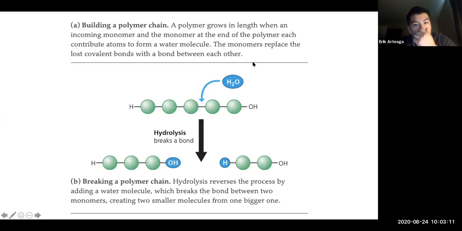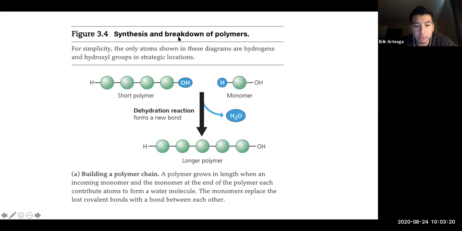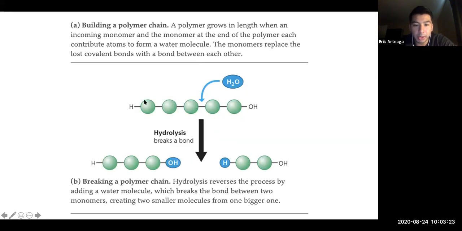All right, so building a polymer chain, a polymer grows in length when an incoming monomer and the monomer end of the polymer each contribute. Oh, sorry, that was from the previous one. Oh yeah, so this is the same thing. Okay, so